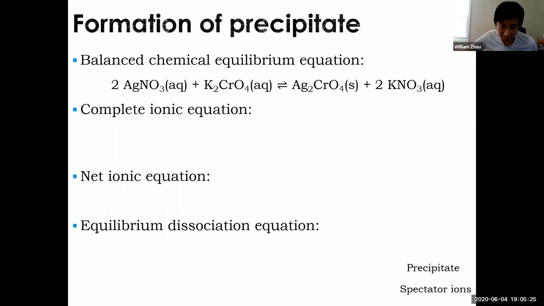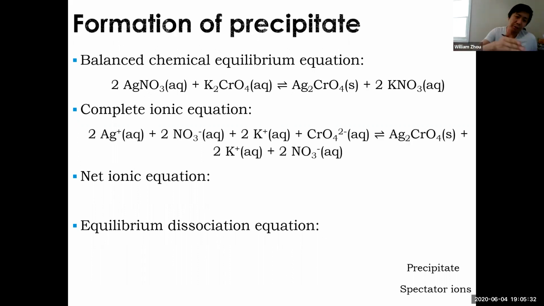So now let's look at the complete ionic equation. Here it is. All you have to do is break the aqueous into individual ions. This is also a review of grade 11. You have 2 molecules of silver nitrate, so that will split into 2 silvers and 2 nitrates. The potassium chromate will split into 2 potassiums and 1 chromate because it's aqueous, it will break apart